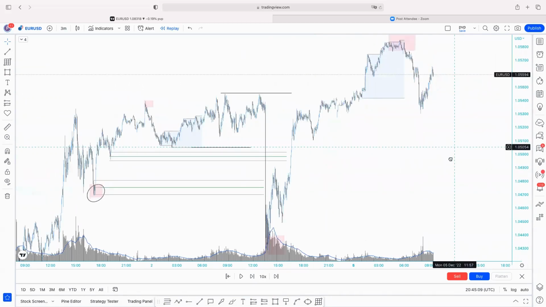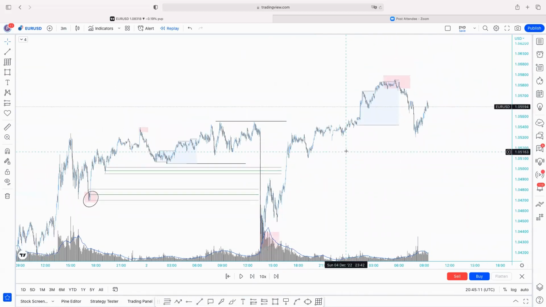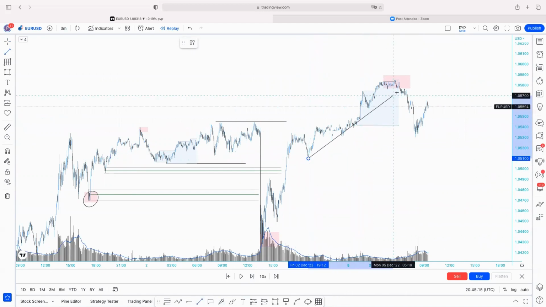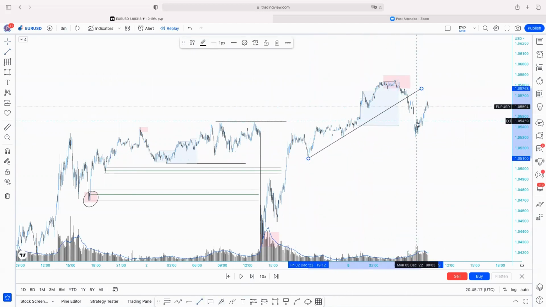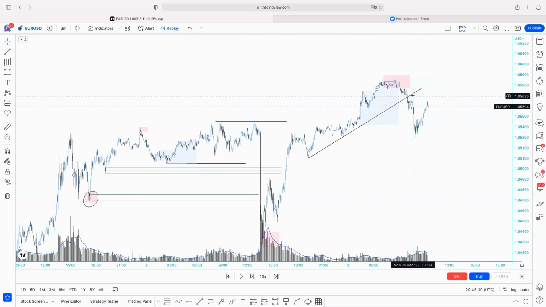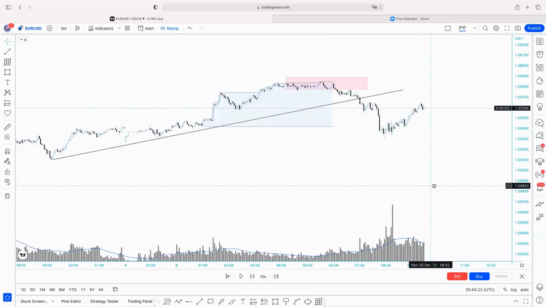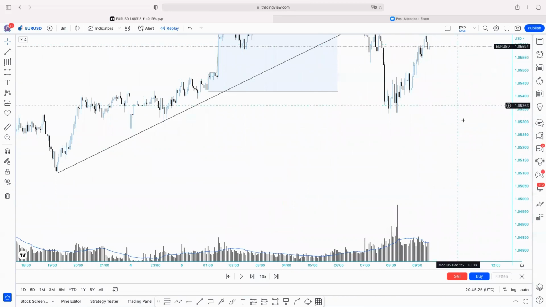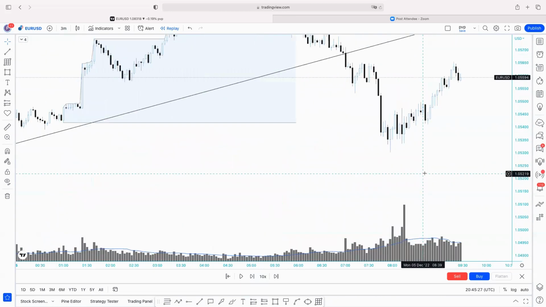We can add some other liquidity. For example, here you see the trend line that we were talking about. There is the first touch, the second touch, and at the third touch we break. What are a lot of people doing right now? A lot of people are looking for sells. We do the opposite. Unfortunately, we don't have access to the 1 minute, but we can see it on the